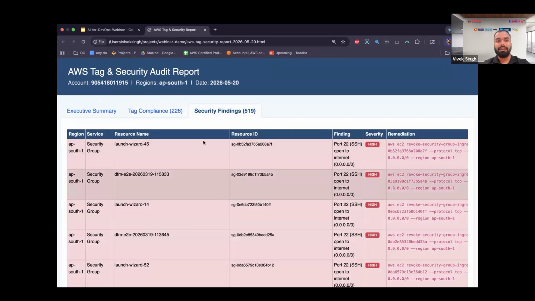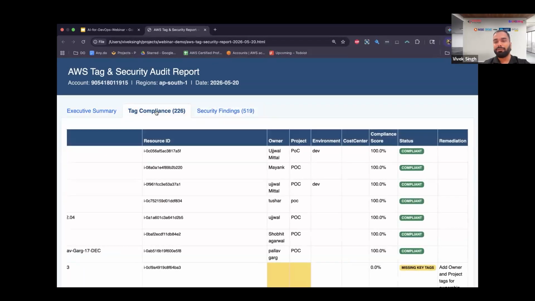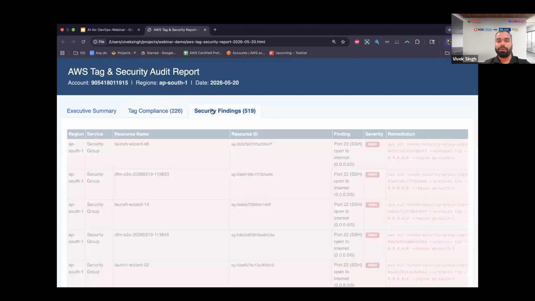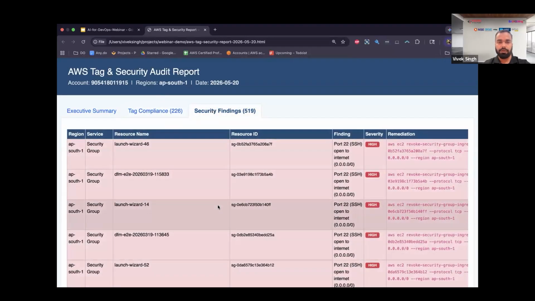Security findings. We got the tag compliance of all the resources that are currently on AWS. We now have to pivot towards security. The skill that I've currently written has been cleaned up a bit so that it runs quickly. You can extend the skill to have GuardDuty findings, AWS Inspector findings, every security service that you can think of, right? Currently it's doing a high-level scan of the network layers that are there, NACLs, security groups,